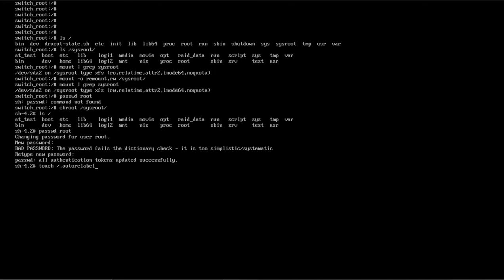Now if you don't touch the file, it will not start your system. SE Linux will wait for the labeling, get confused, and not be able to start the system. Now suppose you forgot to touch the file, you exited from here and rebooted, and your system is not starting.